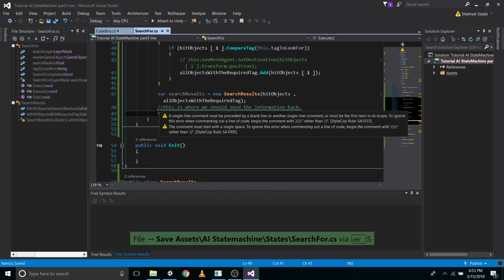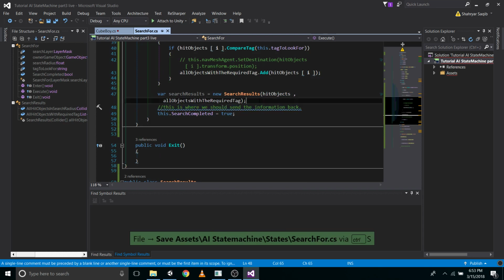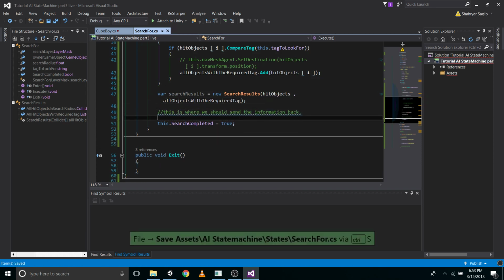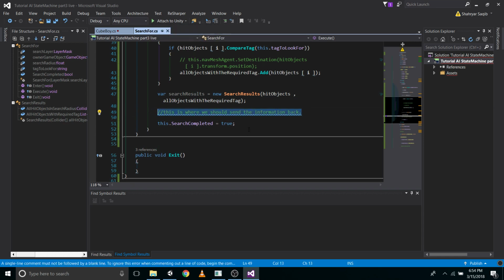Okay, now comes the most fun part. Here's what we're going to do. We want to send the information back. So what would be the best way to send a package back to our QBoy? And that is,